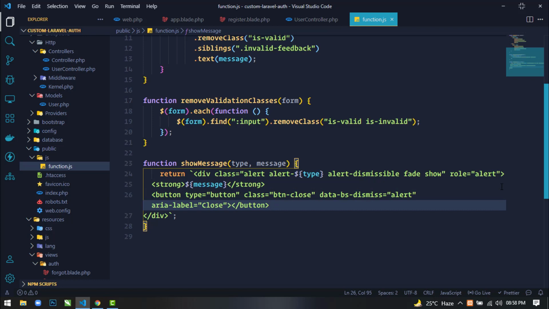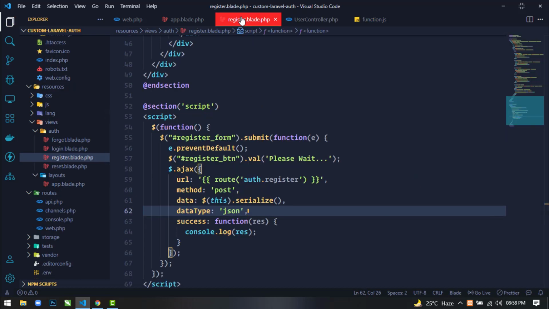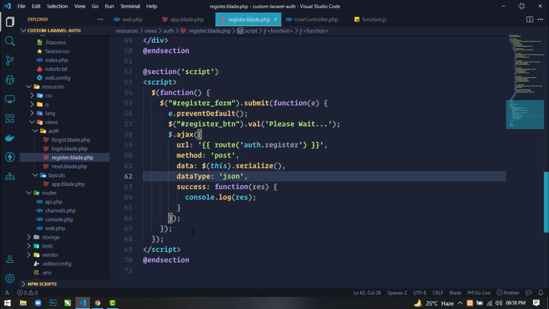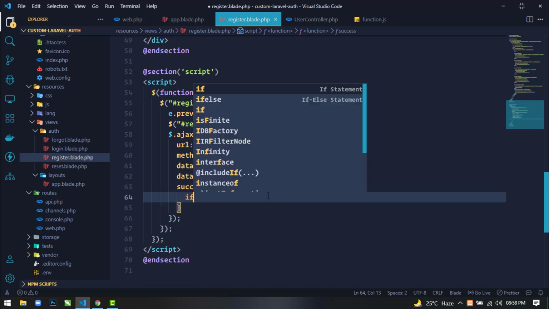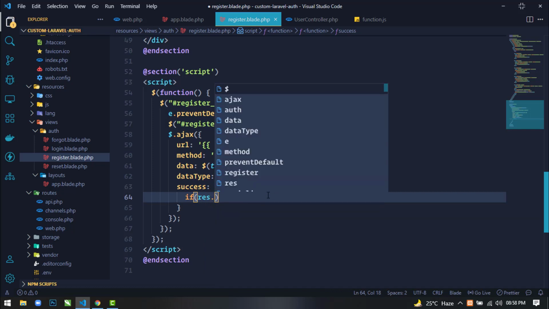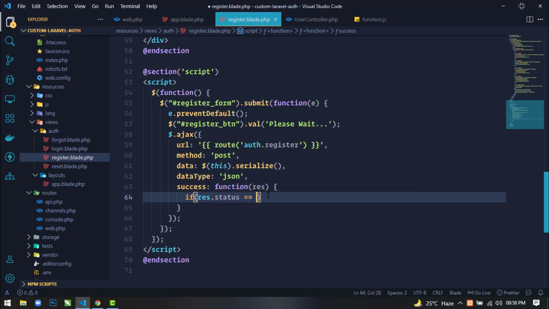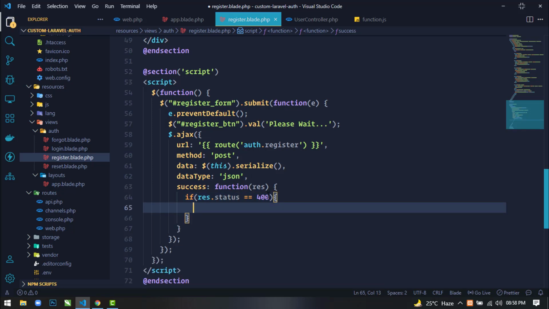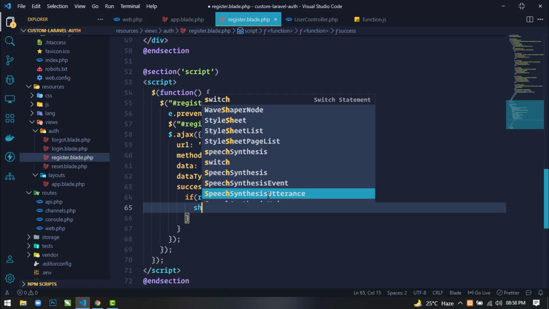Okay, save this. Now just go to register.blade.php file, and here we will display the success or error message. Inside this success function we will check a condition: if response.status is equal to 400, it means something went wrong, or we get some validation error message, then we will use